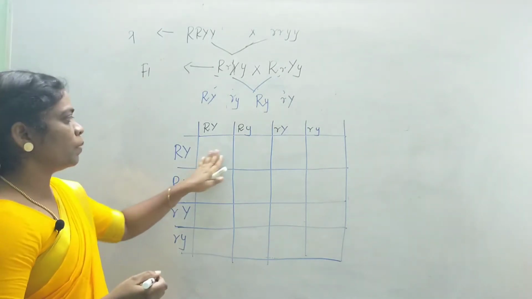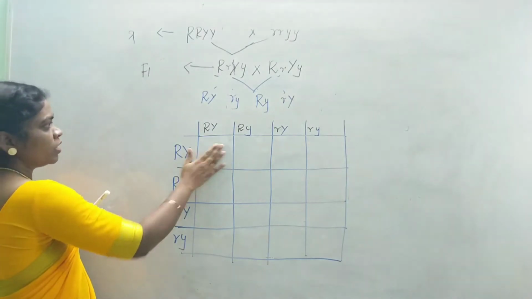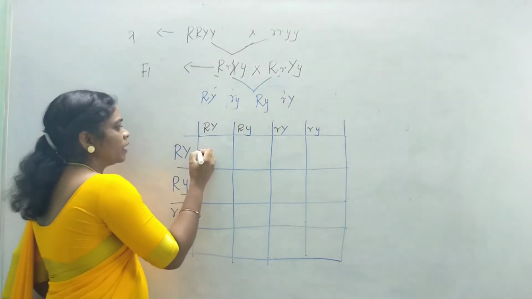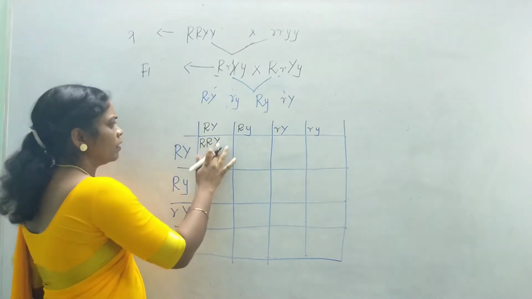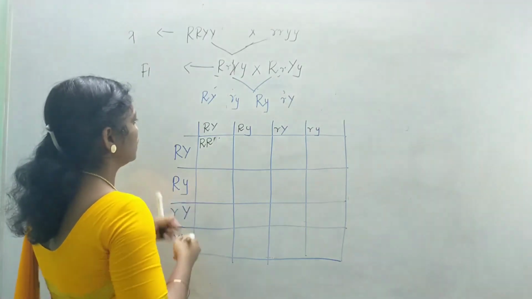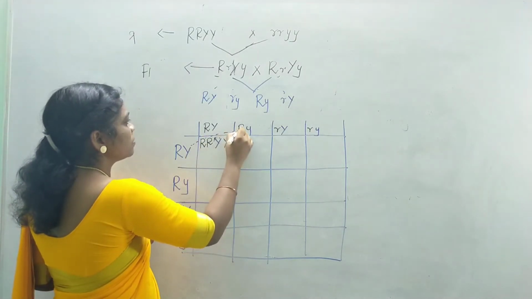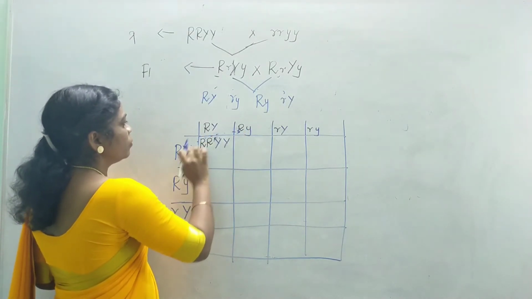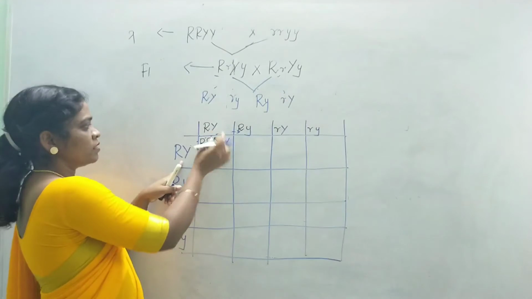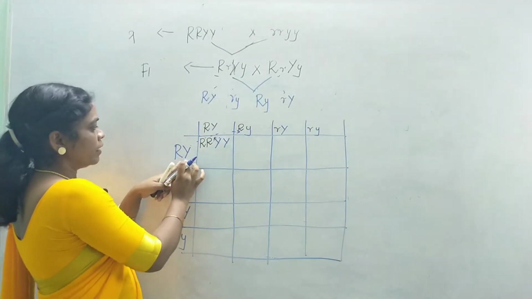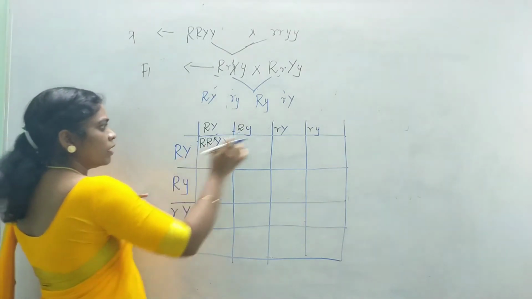If you write the gametes, the probable offspring of this particular cross is actually the F2 generation. So I'm writing here capital R, capital Y, capital Y, capital Y. Take the first gamete and cross it with all these 4, and you can fill the boxes. Take the first one, cross with this one, and you get this probable offspring here. Take this again and cross with this one, and you get the next probable offspring. Take this one and cross with this one.